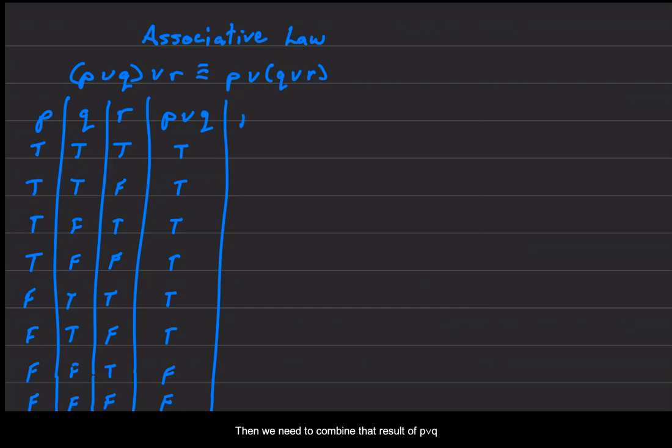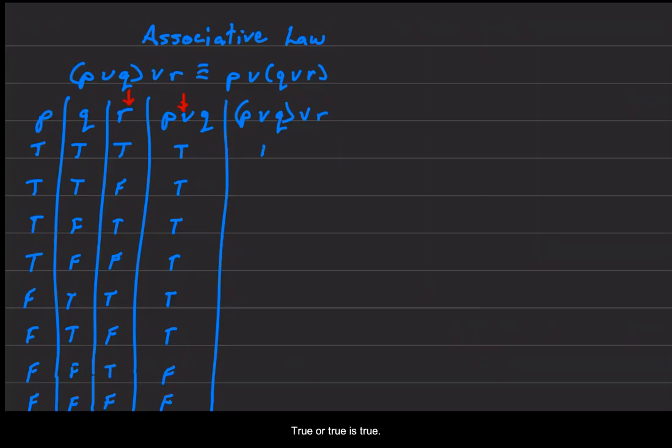Then we need to combine that result, the P or Q result, with or R. And that's our next column. So now we're comparing this one and this one. And that will give me